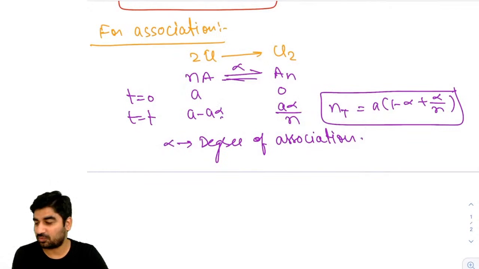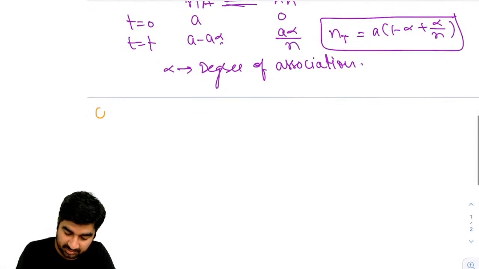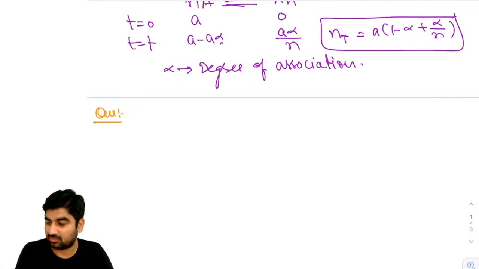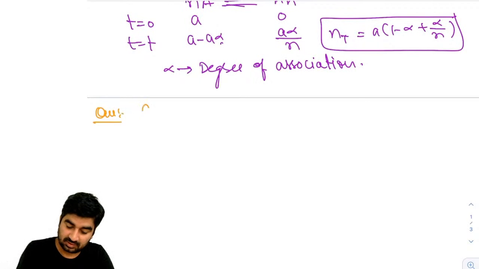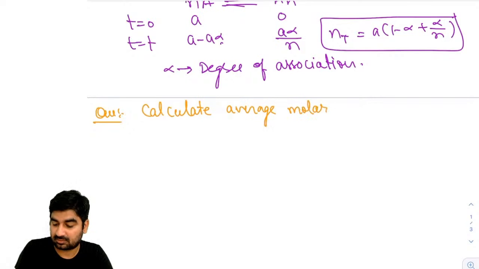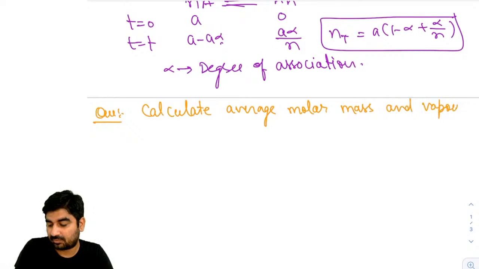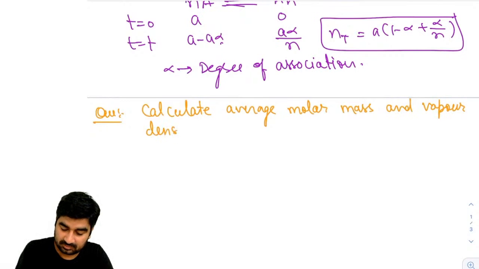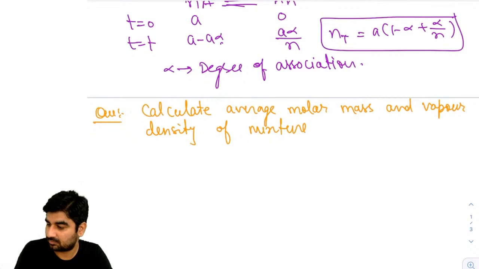Now I am giving you one question, guys. Solve it and be fast. Let's see who solves it fastest. Calculate the average molar mass and vapor density of the mixture if NH3, meaning ammonia,